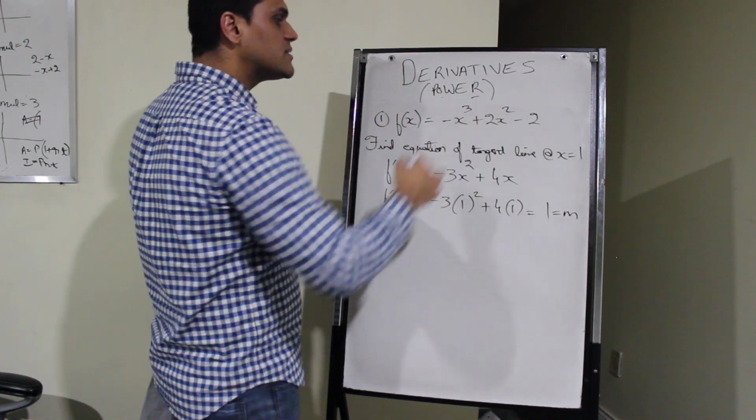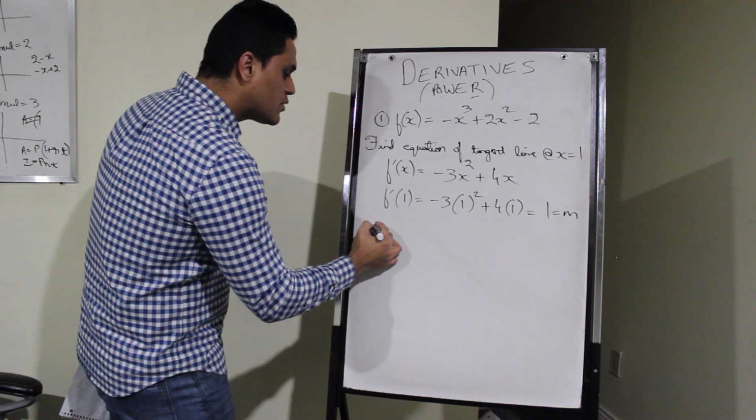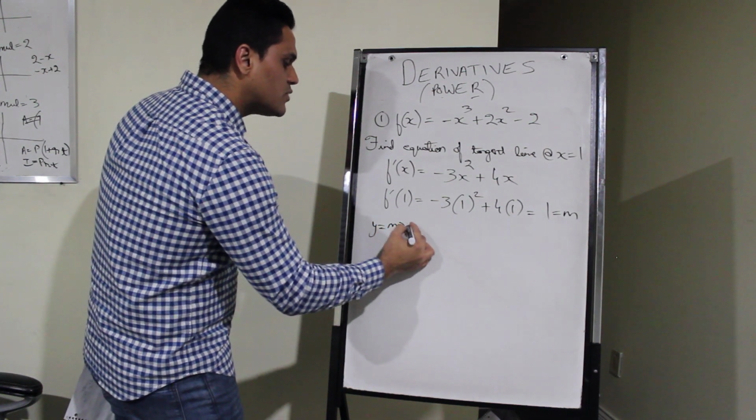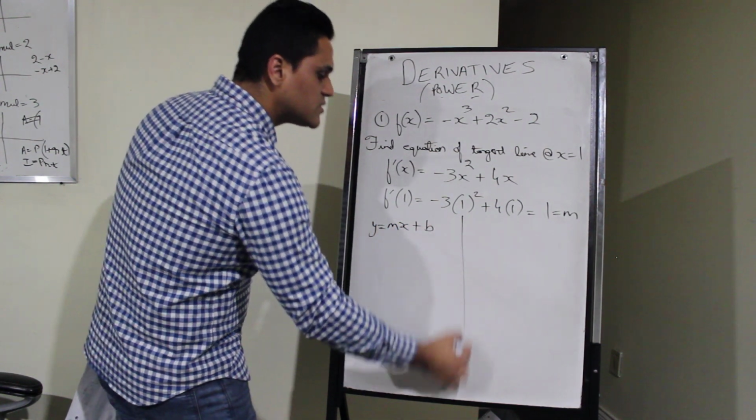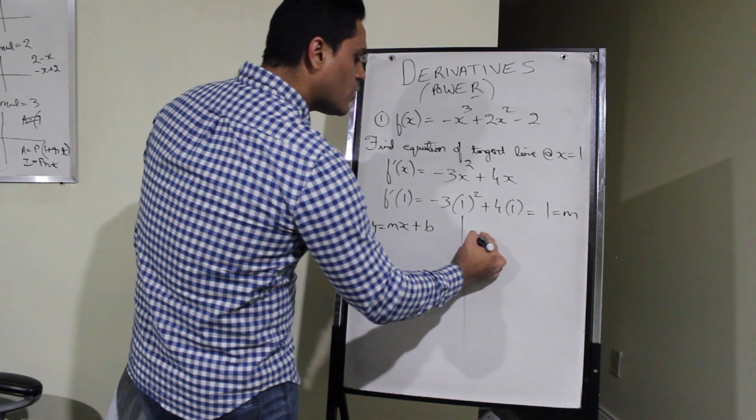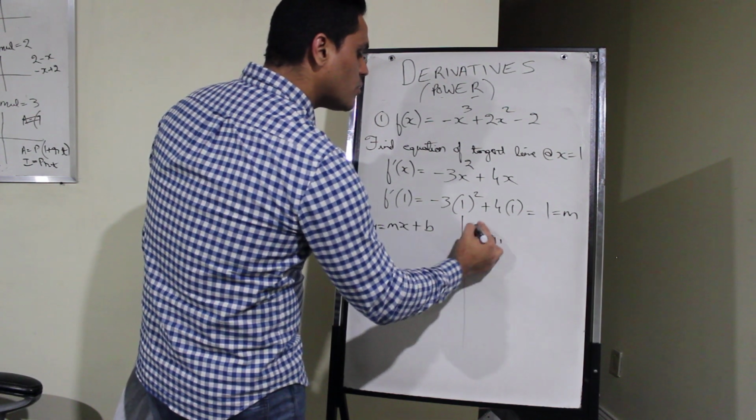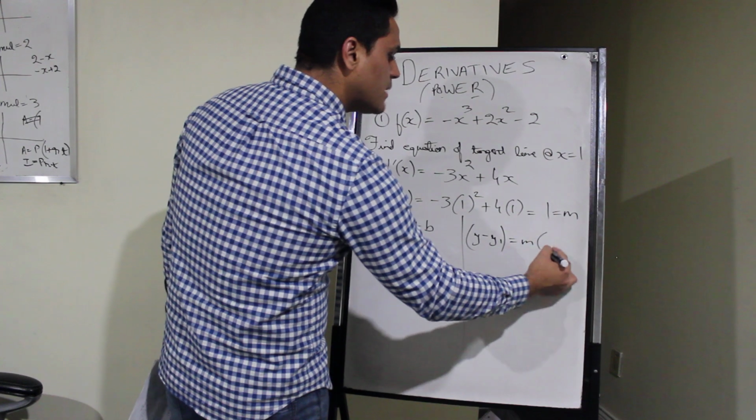Now when it comes to writing the equation of the tangent line, you can either write your equation as mx plus b, which is your slope intercept form, or you can write it as y minus y1 is equal to m times x minus